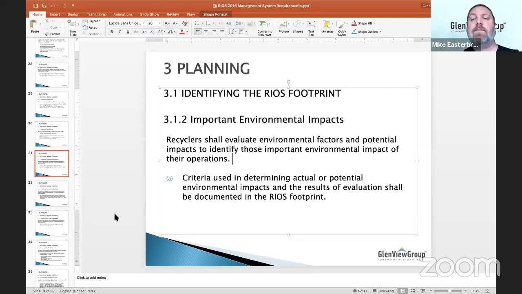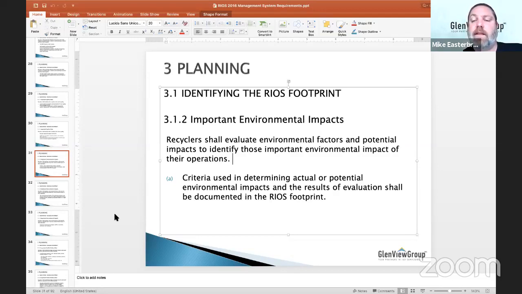So some of those things need to be defined, and you have to set some type of criteria for how to score these so you know which ones are more severe or important impacts, and you can set necessary controls for those things. There are many types of different criteria that people use. Some people do severity times occurrence to get a risk score, but that's more commonly used for health and safety risk or hazards. Sometimes the environmental scoring is a little bit more complex and has factors that add in,